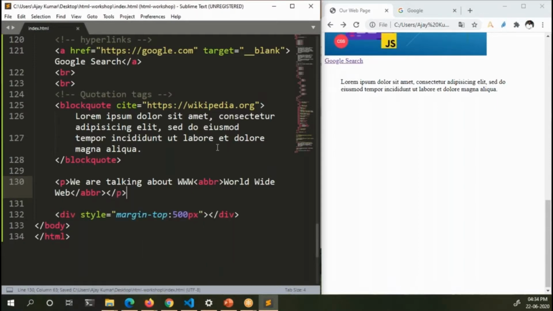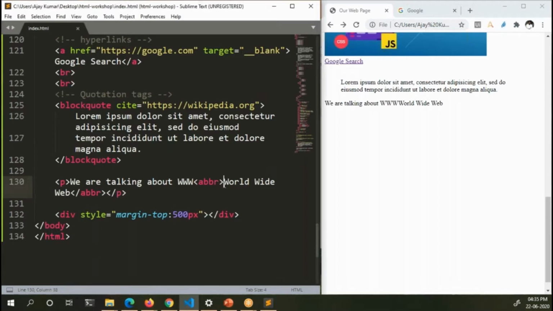Sorry. Okay, now when you refresh it, it must display separately, but it is not displaying it. Let us see why it is not displaying.